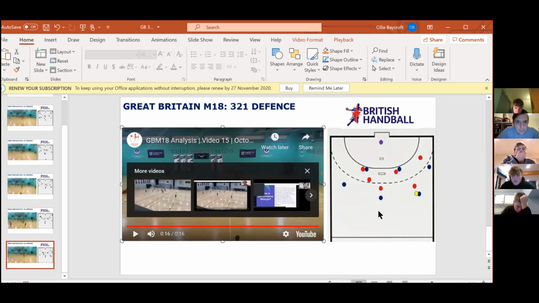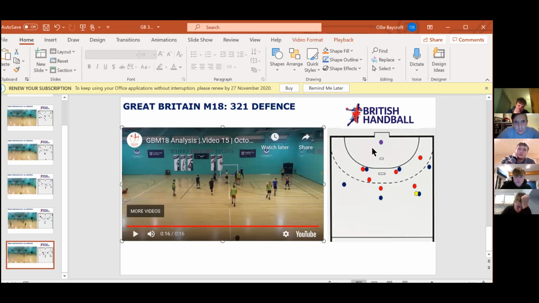So what we saw with this clip was the first part where they try and pass the ball to the line on the right-hand side was unsuccessful. So that part of the attack fizzled out. But the second point of the attack, where the left wing comes in as a second line, the 3-2-1 didn't handle it properly,